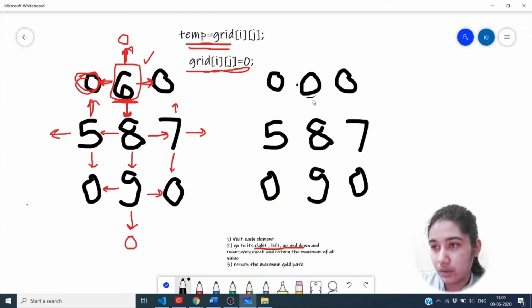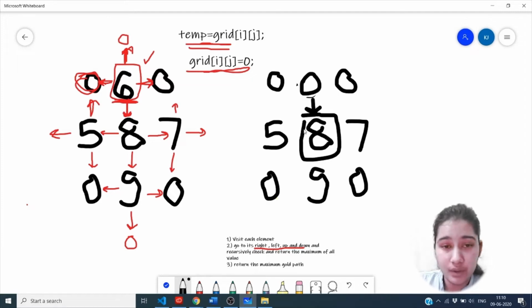So the next step is, we are going to this cell. Now the value is again not 0, so we have to check its left, right, up and down. So first going to the left. As the cell is visited, we have to change its value to 0.